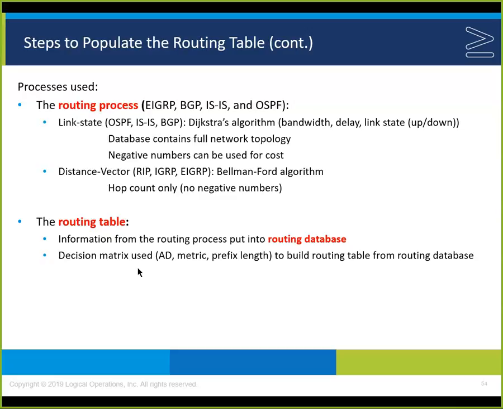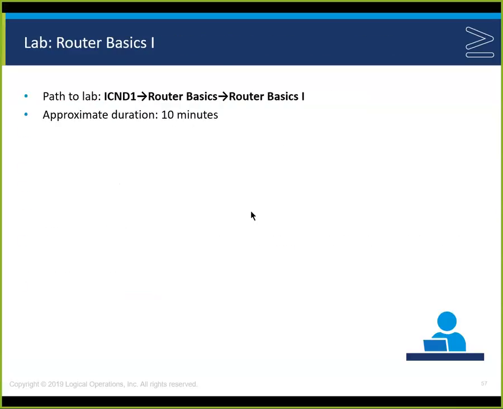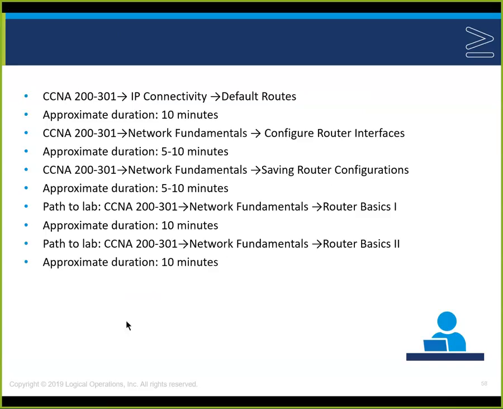The routing table, information from the routing process is put into the database, and then the decision metric builds the routing table from the routing database. And then the forwarding process requests information from the route table to make the packet forwarding decision. The route table has the information, goes into the forwarding information base, and the forwarding information base is actually the forwarding process here that sends the information from one. I think that we now come up to, the